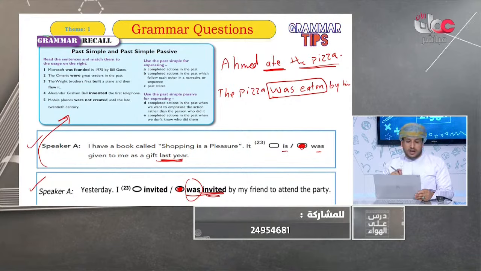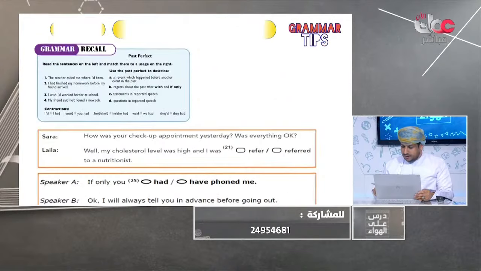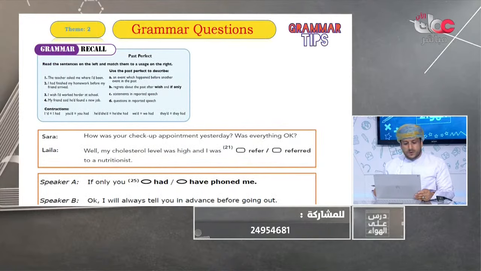I hope this is really useful for you, to match and relate each grammatical rule to the questions from the previous year exams. All right, let's move to another one. This one is about the past perfect. Past perfect is a very easy one, and it has this structure: had plus past participle.